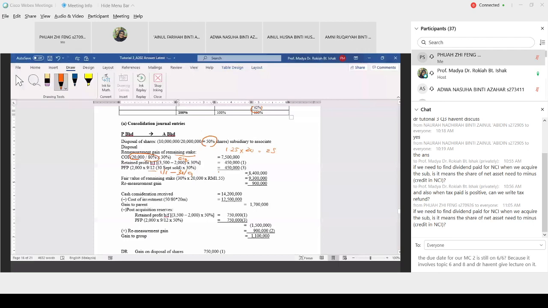And then you're going to have the share of the fair value of the remaining stake. So fair value